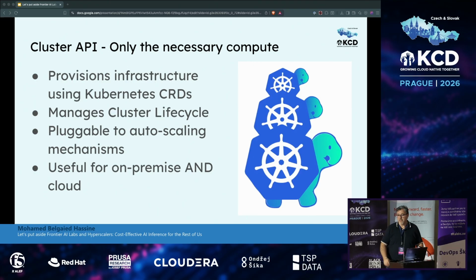You probably know about Cluster API already, so I will not spend too much time on this slide. But the idea is that it can provision infrastructure for you, any type of infrastructure. In this case, for on-premise, it would be hypervisors such as VMware, Nutanix, bare metal, you name it. And it will manage the cluster life cycles. That means that if you lose a node for some reason, it will respin a node to replace it.